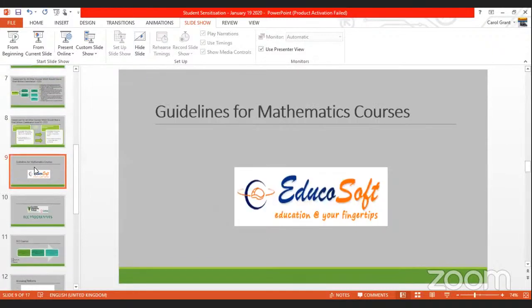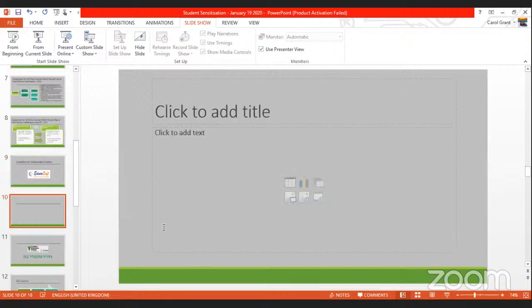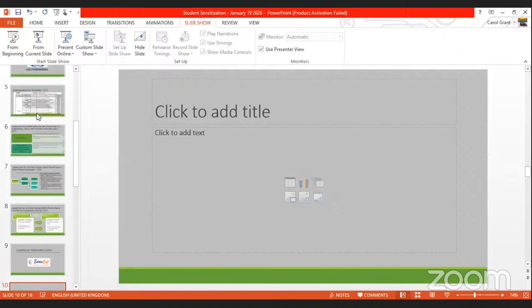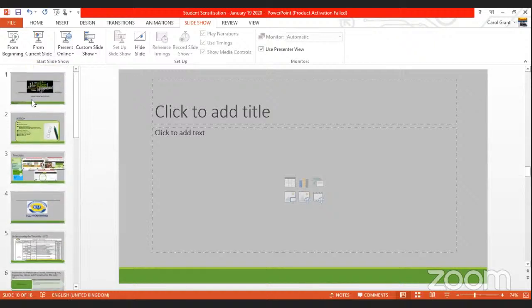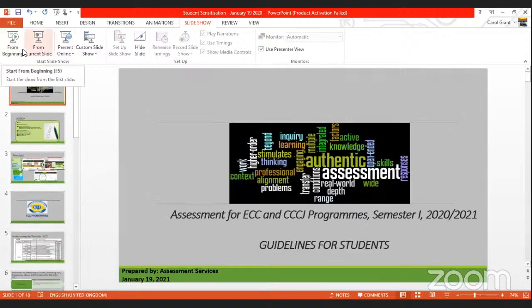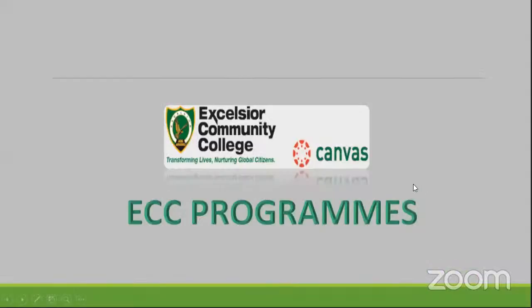You can just go F5 and highlight your screen. You can leave it on the first one. All right. The first one. Yeah, it's just to stop the random sharing of screens. Right.